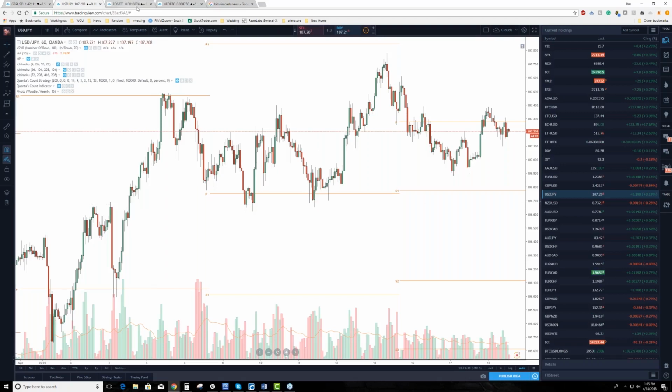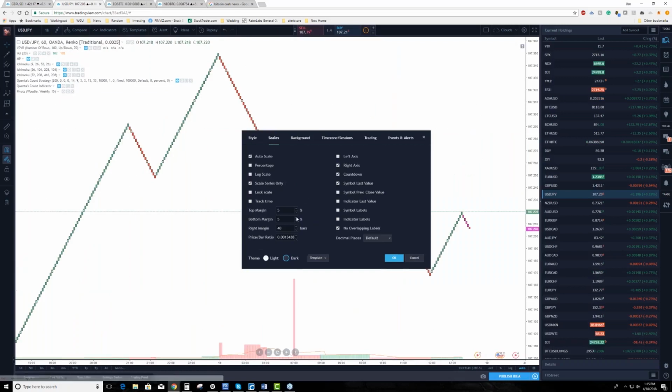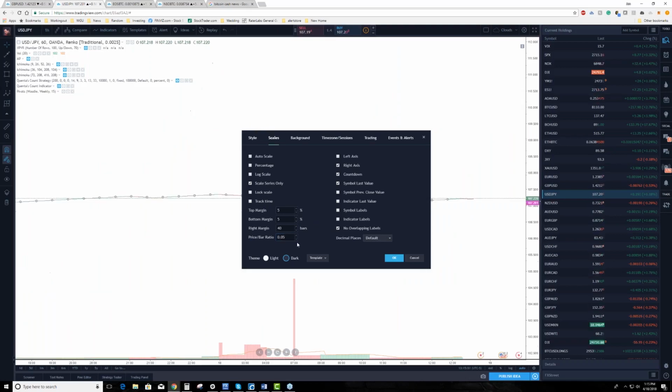One of the things that I used to do when I first started trading, besides using the Ichimoku system to get profitable, is I used Renko bars, or Renko bricks. Renko is, I think for a lot of people, a very